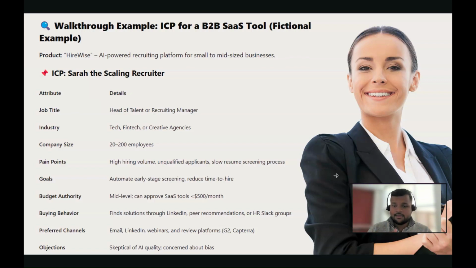So I hope that through this example, you are able to understand what an ICP looks like. In your assignments, you will have to build your own ICPs for the examples that you have selected or the ones that we have given. So make sure that you critically think through. And I'm just putting this in this video so that all of you, when you watch it, at least hear me saying this, because I don't get to meet you in a classroom.